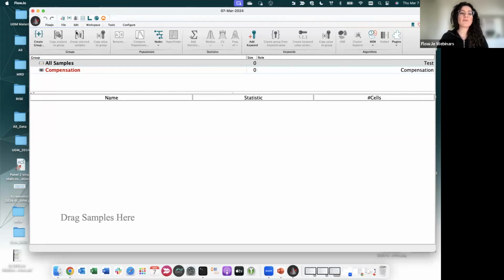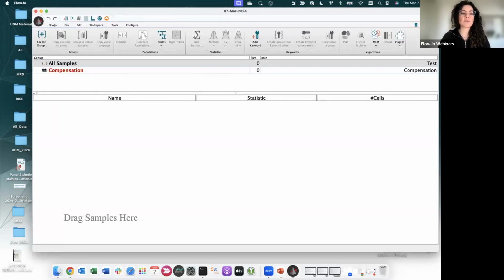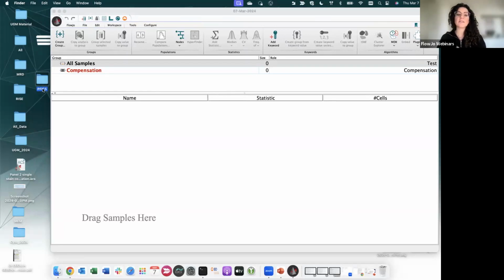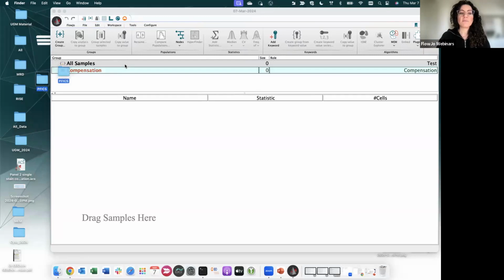So once you have your files, you have several options to load them into FlowJo. The first one is just a drag and drop of the samples or the folder within the workspace. I have it right here on my screen on the left side. It's called PFICS, that stands for phosphoflow and intracellular cytokine staining. And you can either drag and drop this